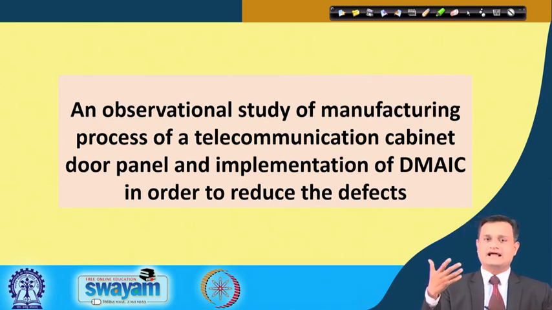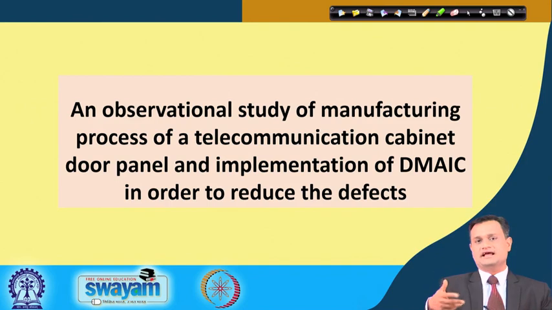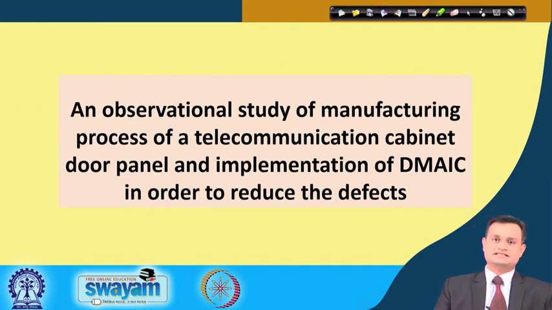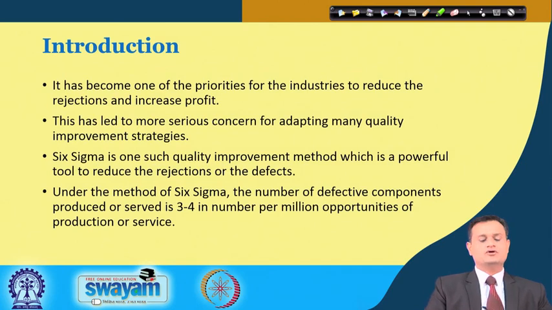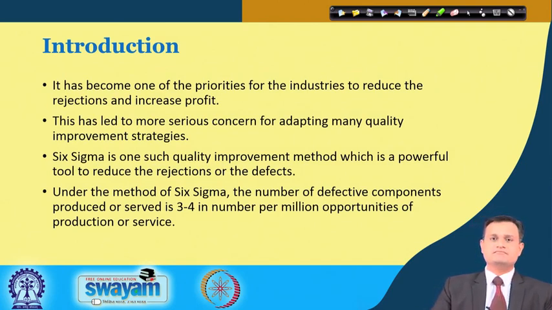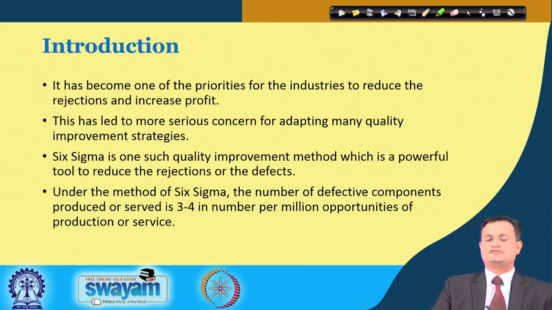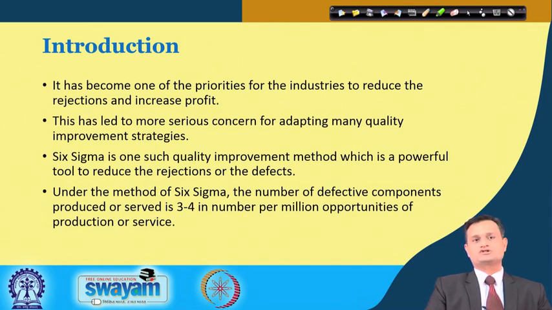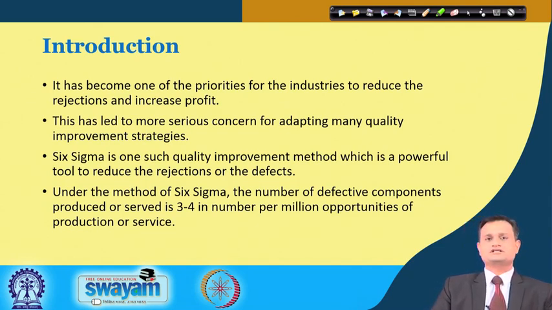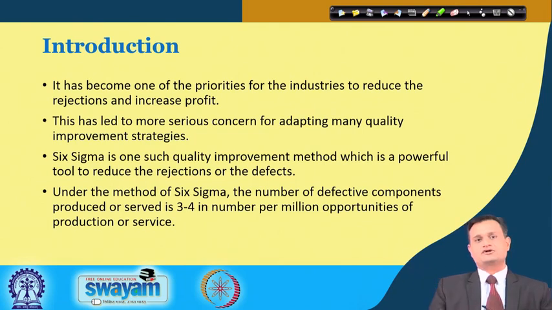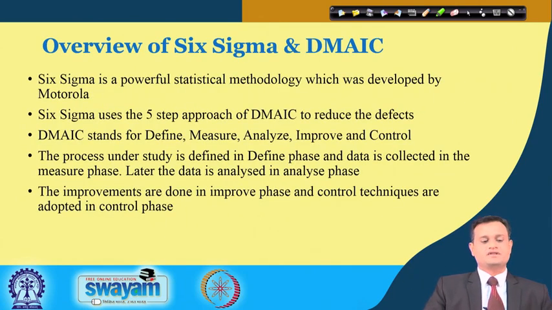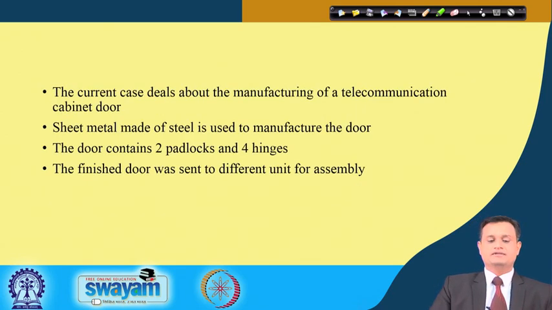You have to judiciously select what is exactly required, and then you can try to suggest improvements in the existing process. We know that Six Sigma is all about achieving a very high quality standard: only 3.4 parts per million should be rejected, and my processes will have very little variability and be centered towards the target value or the mean. So Six Sigma follows the DMAIC approach, and we will try to apply this to the case study where we investigate a particular problem.